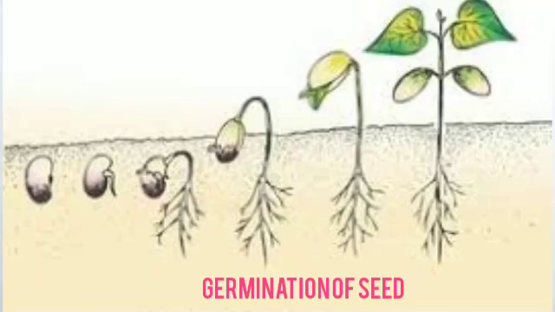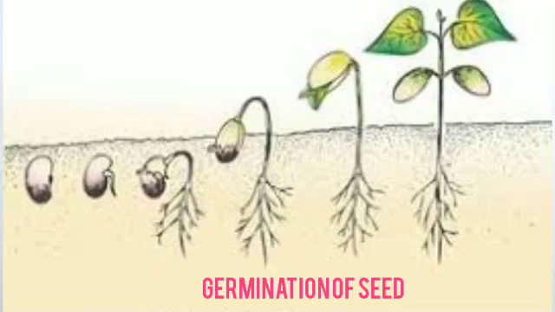We are burying the seed into the soil. What are the conditions needed for the seed to grow? It requires proper sunlight. It requires water. The temperature should not be too high or too low. It must be moderate. So we are giving it enough water and sunlight, and as a result, the seed is growing.